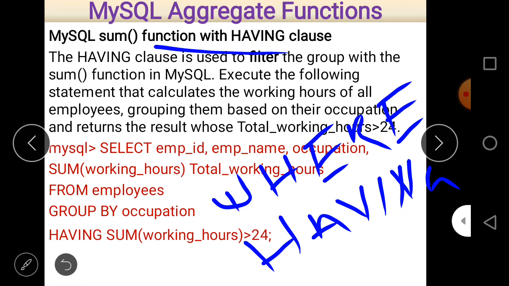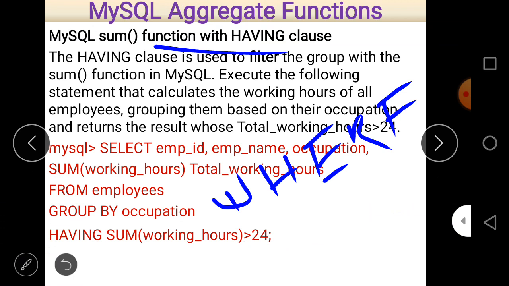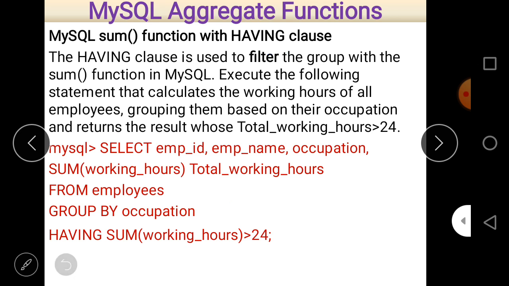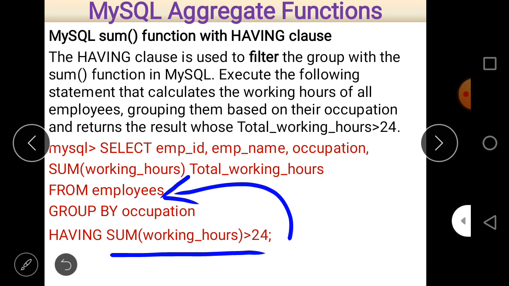So there are two important things here. Now you can easily see here, the condition is we want to make a group only when the working hours are greater than or equal to 24. So sum of working hours greater than or equal to 24, that is the condition. So always remember that if there is a condition. Now another important thing is, if you want to select a record and there is a general condition, then this condition is mentioned just after from, and then group by, of course, and then the condition regarding group by is always mentioned after the group by clause.